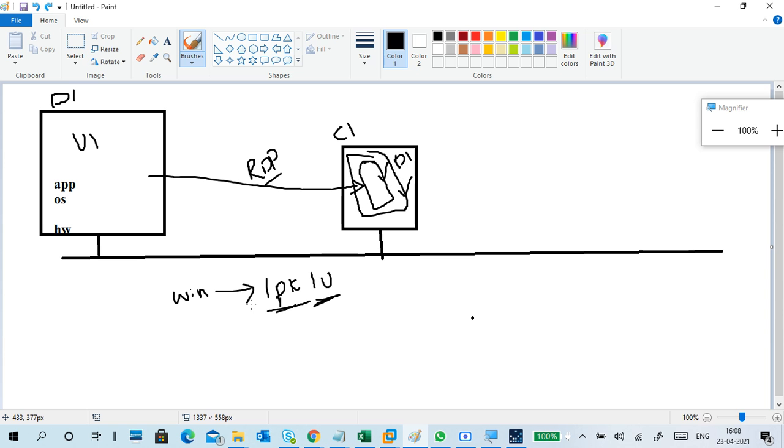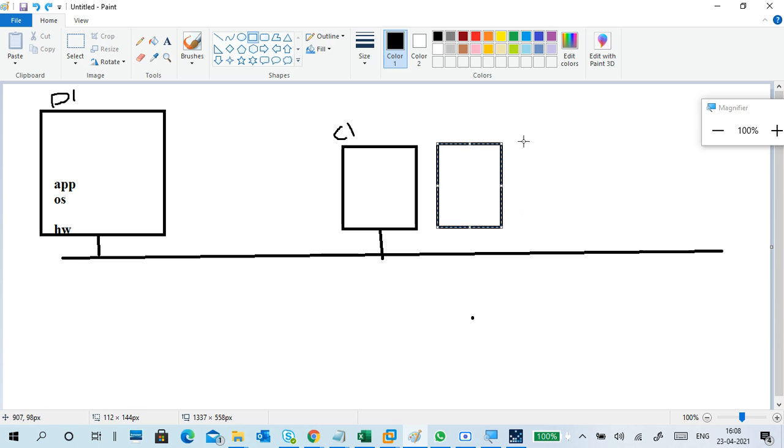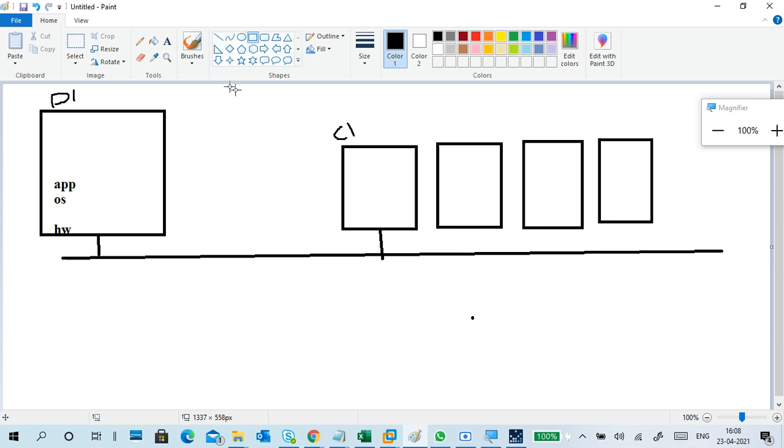Next, understand the condition. The problem is I have multiple PCs. This is the first condition: one PC, one login kind of stuff.